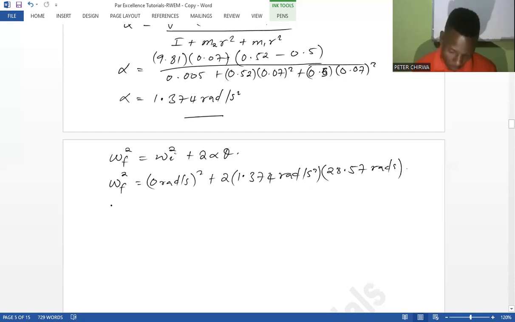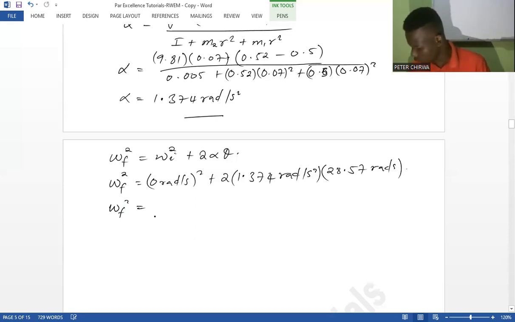Okay, so the final angular speed squared is going to be 78.514,